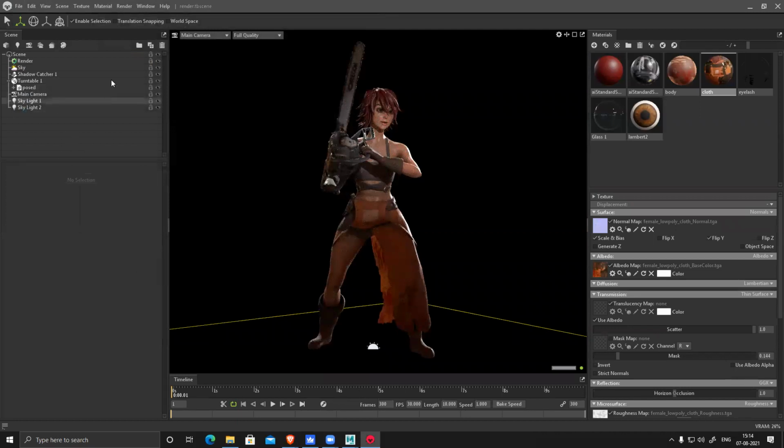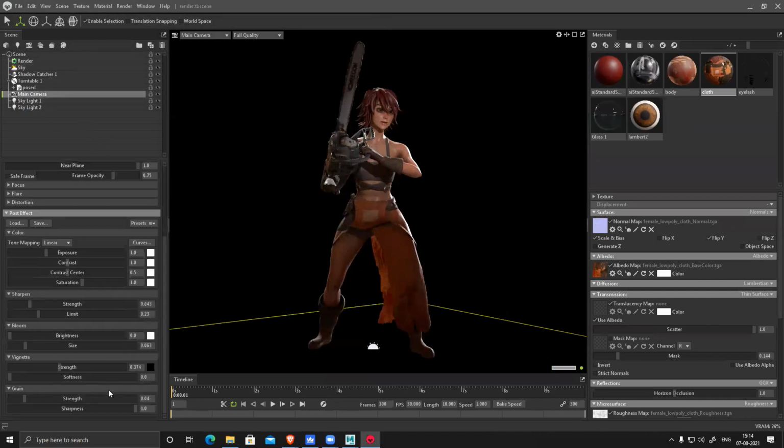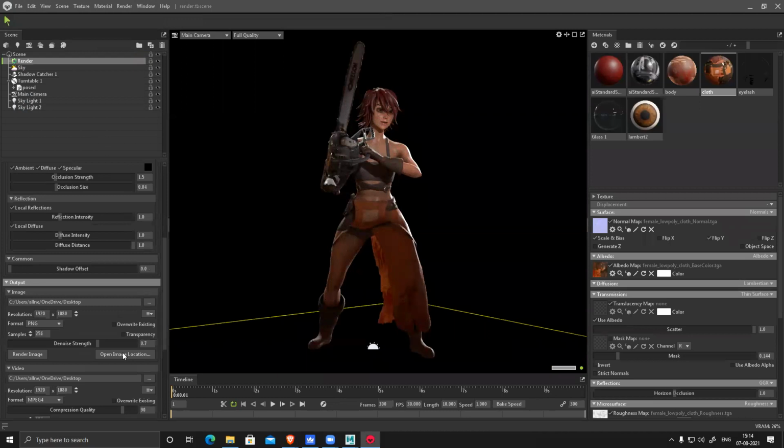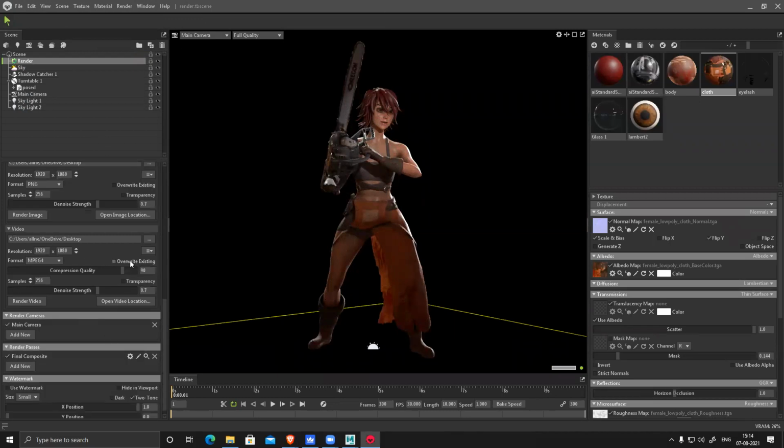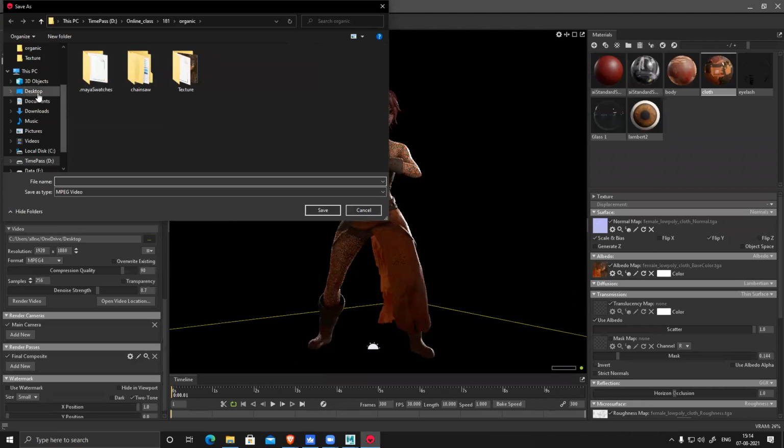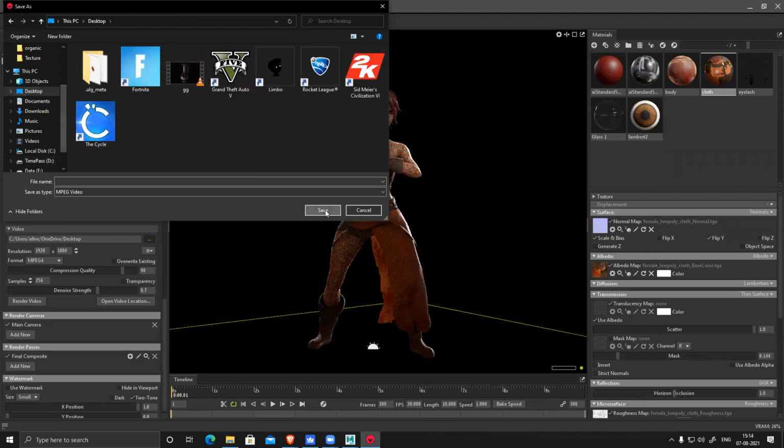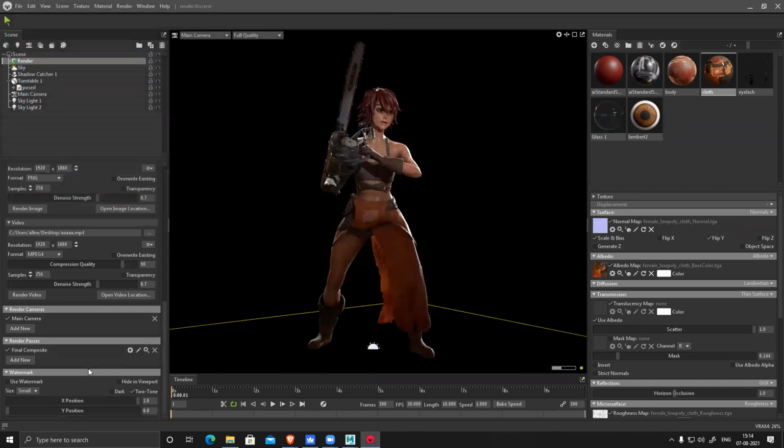And if you want to render a 360 video, you can do it very easily now. Camera, render, video, desktop. Compression I can reduce.